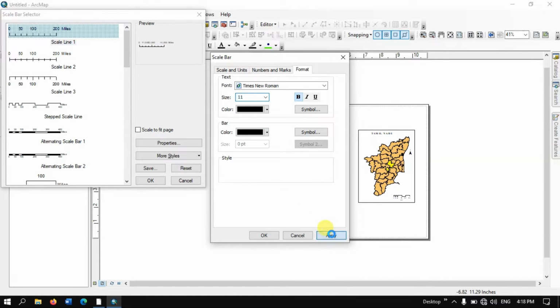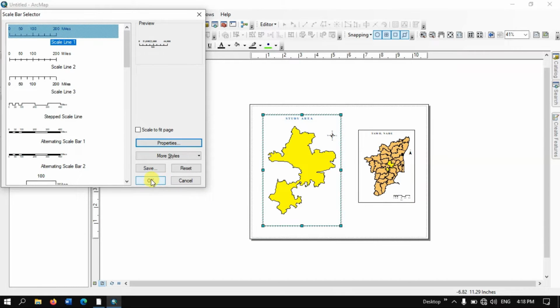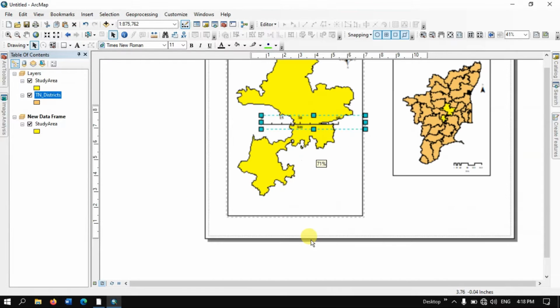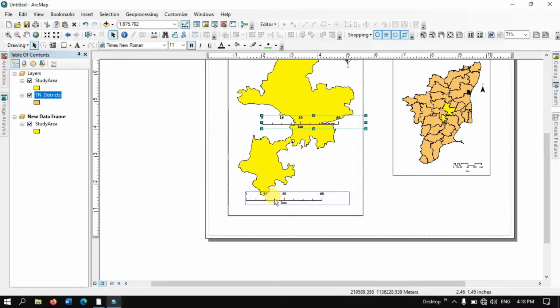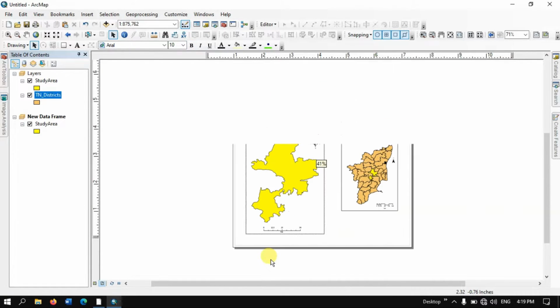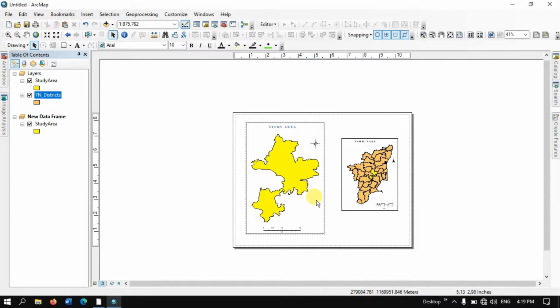Now let us apply it and click OK. Once again click OK. So we have created the scale bar for the study area. If you want to reduce the size of the scale bar, you can easily do it. So we have created the scale bar,